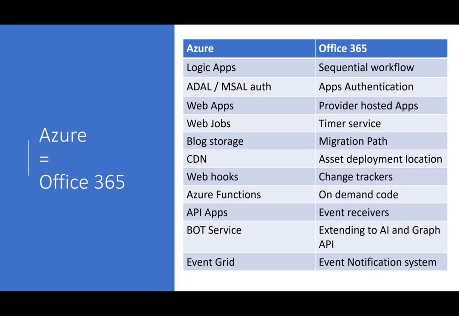Your Azure functions are very well supported in Office 365, so they present a very good scenario of reusability and on-demand basis. They're very cheap. They're not like web apps or web jobs that keep running and you hook them up. Your bot services are there, and Office 365 Teams provide the same bot to be extended on Teams. So you develop bots on Azure, but you can extend them straight away for Teams as well. And that's where you leverage your existing skills for Office 365.